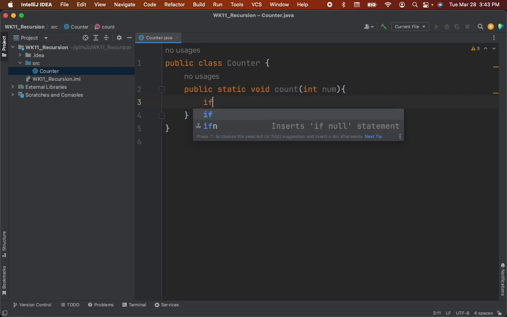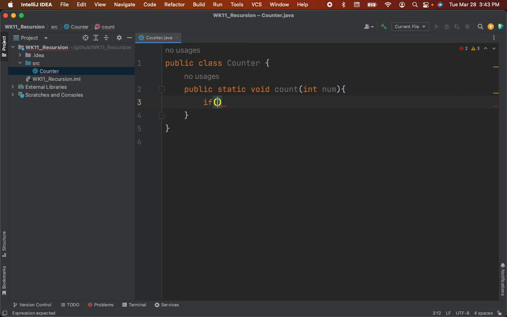And so we're going to ask the question, if num is less than or equal to 0, we want to exit from the sequence and print the signature message. So you can imagine, here's the logic, right? 3, 2, 1, beep, right? Go. So we're going to print the go message. So system.println